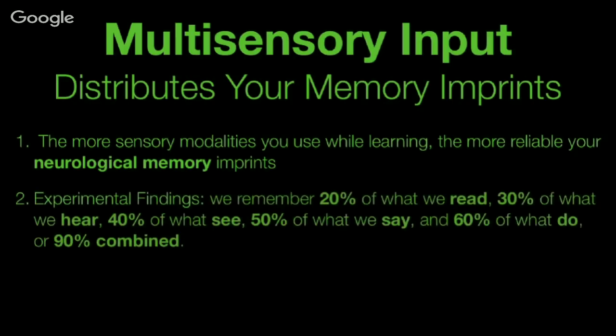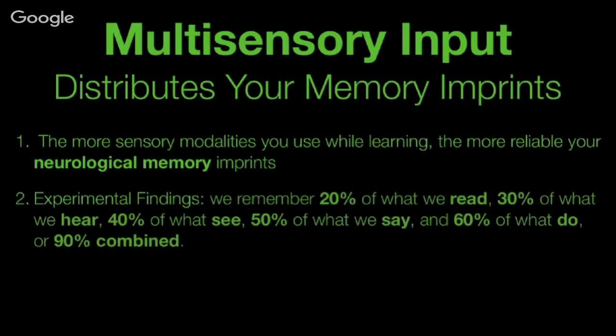Now, why does this work? I alluded to this, that neurologically you're creating more complex memory circuits in the brain because you're involving physically different areas of the brain, different locations in the brain. But the hippocampus actually consolidates memory, so it's tying in all these different sensory modalities that you used when you're assimilating, absorbing the information. So experimental findings suggest that depending on the modality of learning, there's different